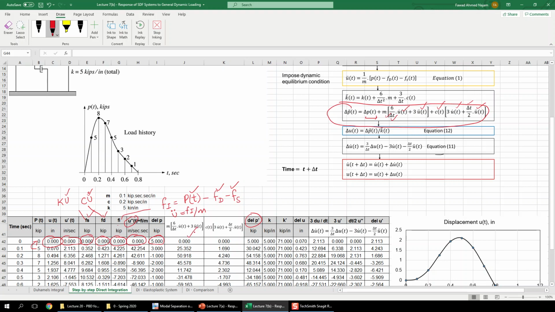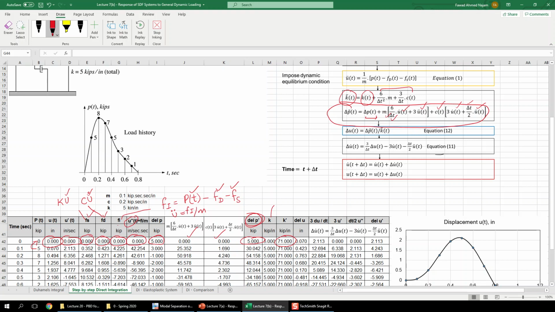So you can calculate these values, which will finally make delta p here delta p prime here. So delta p prime will be this value for this time instant, and it will keep on changing as we go to the next time instance. Now k here is the constant number, the initial stiffness, and k prime is this one. K prime will be equal to k of t plus all of this thing.